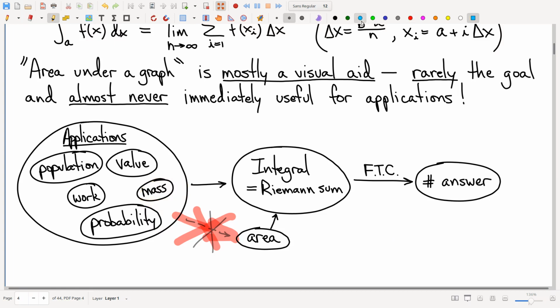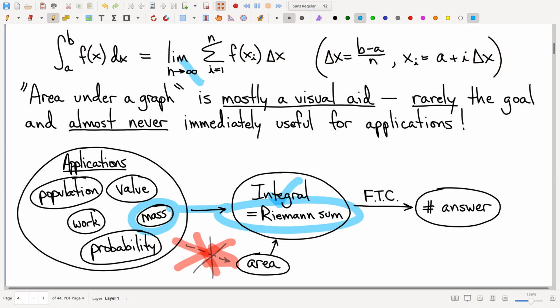argue that mass is an accumulating quantity. The whole is the sum of the parts, and I can write down a Riemann sum. Right, the total mass is the sum of a bunch of little pieces of mass, which I can express, like I say, as a Riemann sum, aka an integral. Now, having done that, having argued that the whole is the sum of the parts, chop it up, add it up as Riemann sums describe, then I can subsequently say, hey, and by the way, if you're unhappy with the